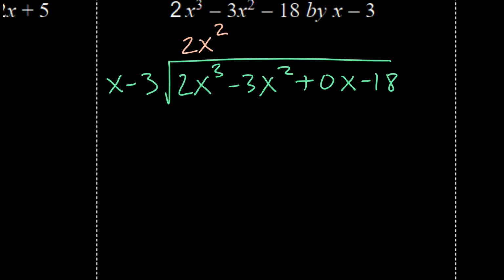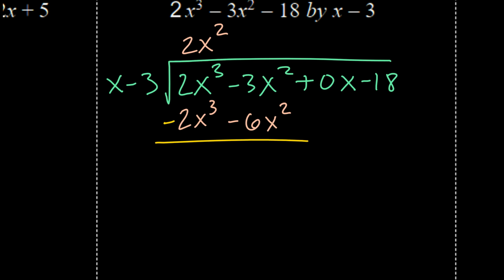So 2x squared times x is 2x cubed. Then I also need to multiply it times -3. What is 2x squared times -3? -6x squared. And then I'm subtracting,